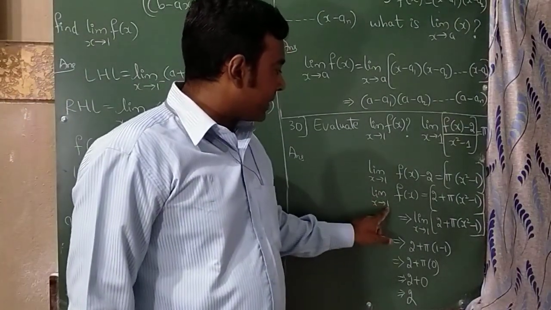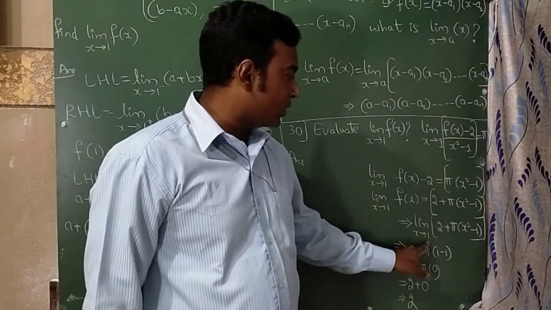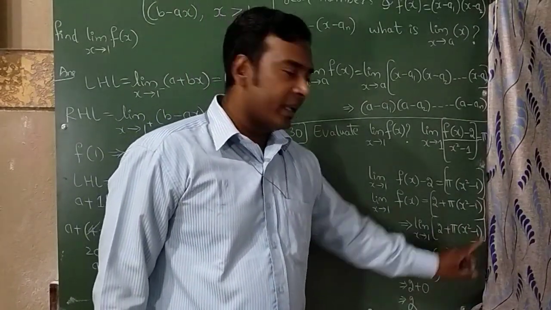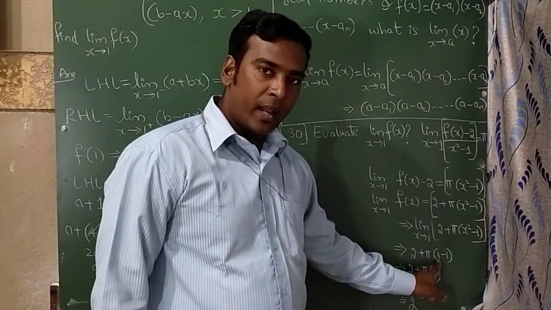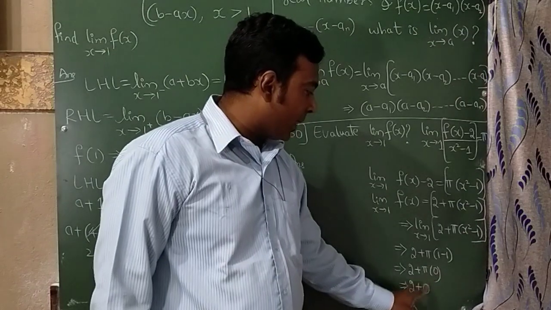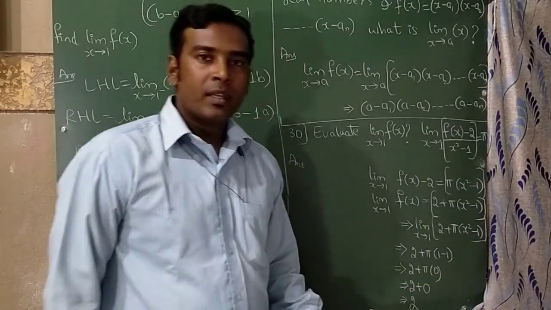Now limit x tends to 1 f of x. Here also on the right hand side I have applied limit x tends to 1, 2 plus pi x square minus 1. Where there is a x, substitute 1. So 1 square is nothing but 1. 1 minus 1 is 0. 0 into pi is 0. So 2 plus 0 is 2. This completes your